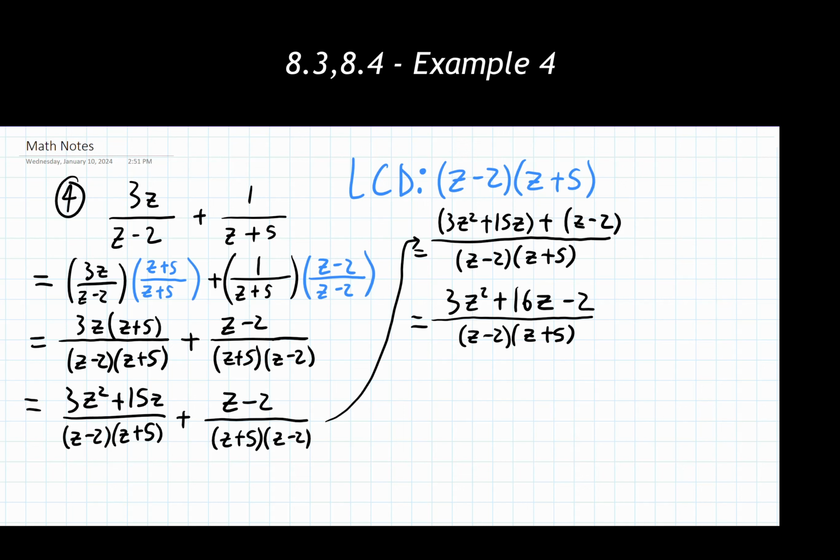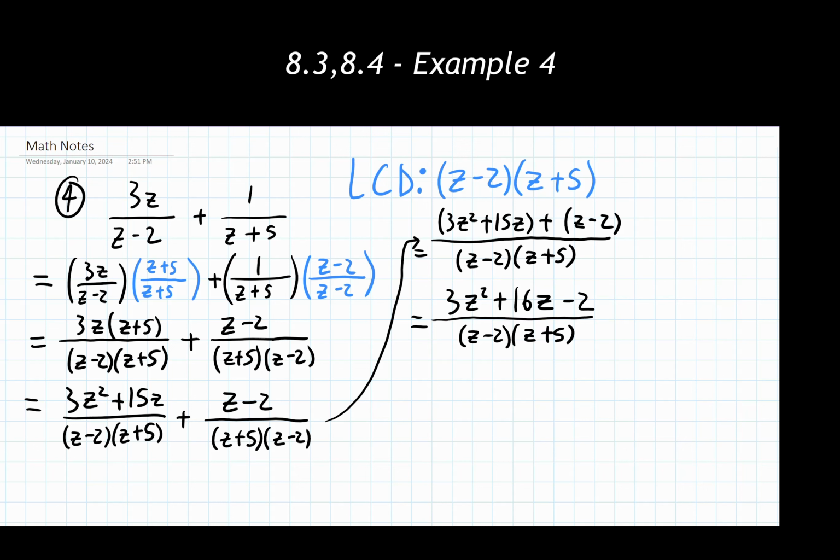The only way I can reduce or cancel things out is to fully factor the numerator, fully factor the denominator, and then I check to see if I can cancel things. I can absolutely never pick and choose what to cancel if I have not factored first. So I'm looking at the numerator here. There's no greatest common factor, so I might have to use the AC method here.